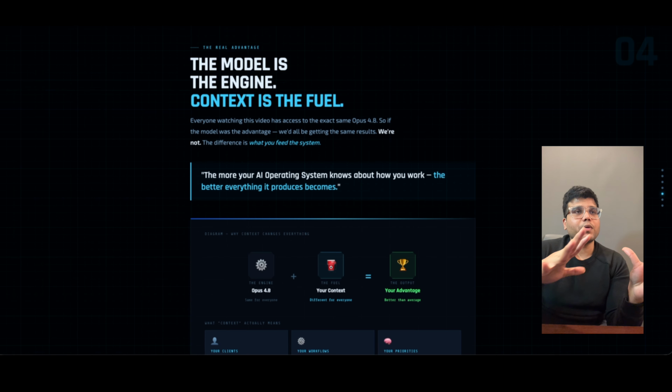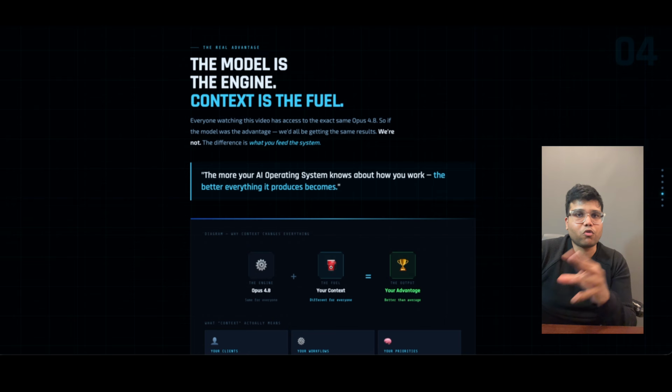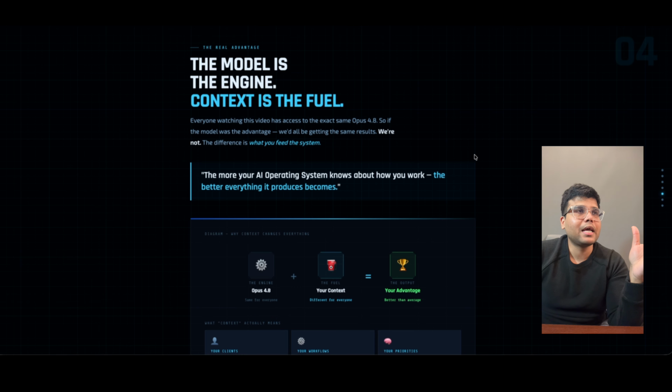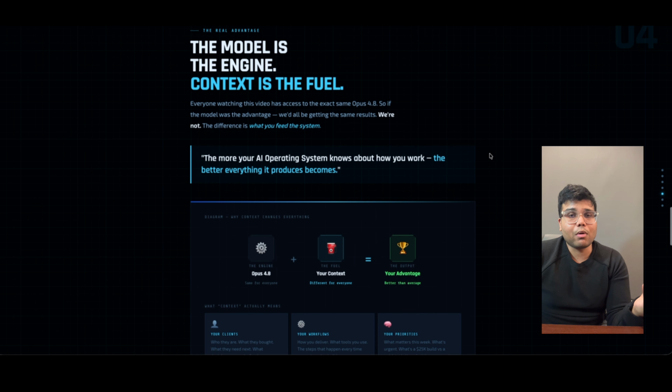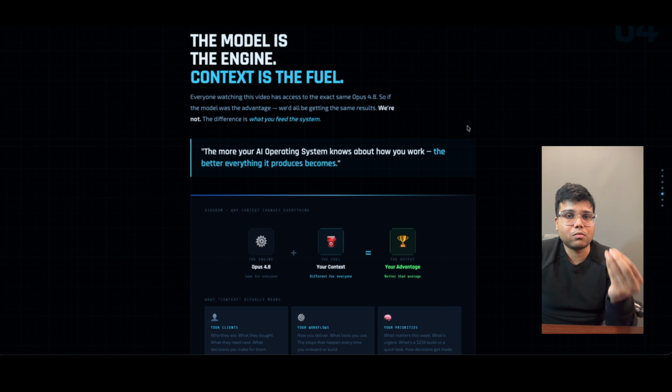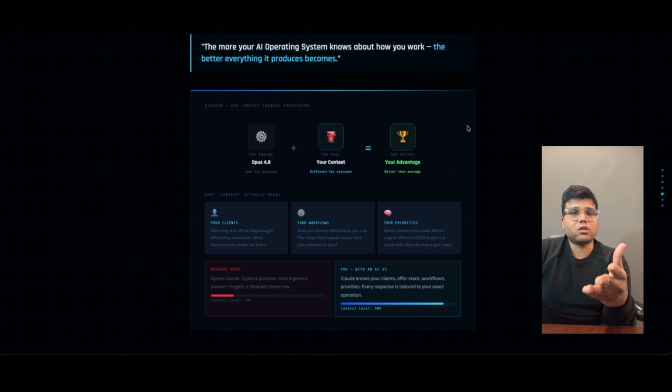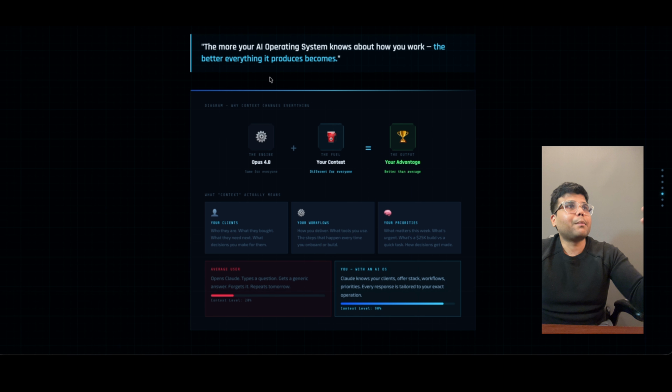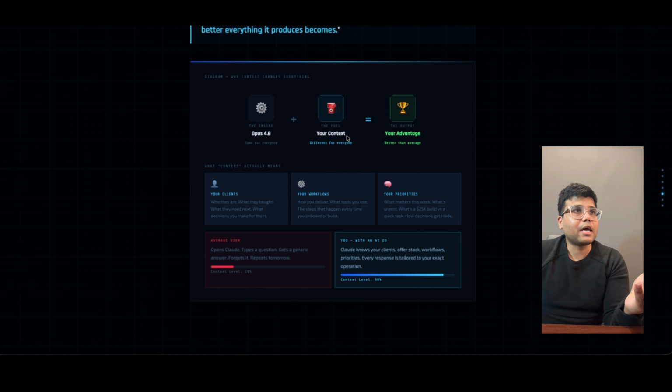Now, before we go into the build, and now that you understand the three main differentiating features of Opus 4.8 compared to the other models, you need to understand the difference between the model and the context, because everybody right now, you, me, watching this video, has access to Claude Opus 4.8, the model. So if the model was the advantage, we'd all be getting the same results. We are not, however, and the difference is what you actually feed into the system, so the context. The more your AI operating system or Agentic OS knows about how you work, the better everything it produces becomes. As you can see from this diagram, which I broke down in the simplest way possible,